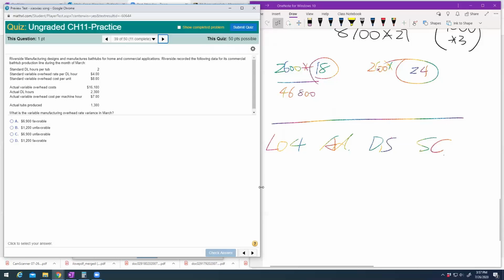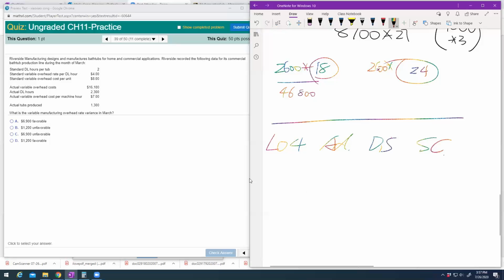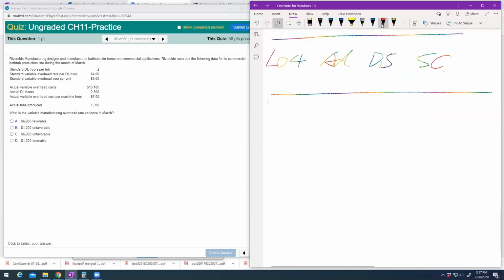practice. Okay, so now we go to focus on variable manufacturing overhead. It's very similar, as I said, to direct labor and direct material. You still have overhead. So variable manufacturing overhead is very similar with direct labor and direct material: actual, standard, and then standard. This one is asking about the rate variance. So that's how you get the rate variance. This is called the efficiency variance. So you can find out